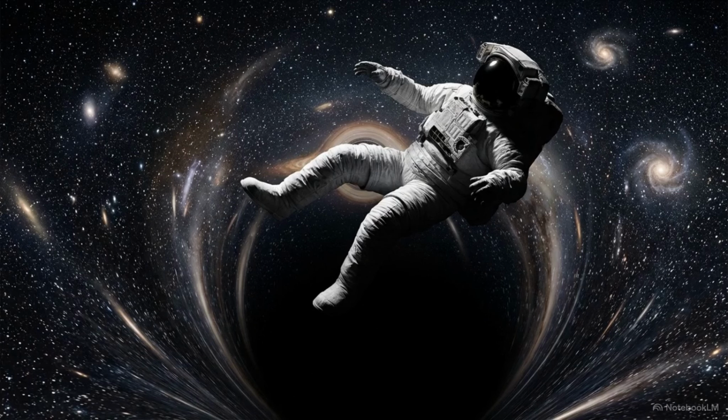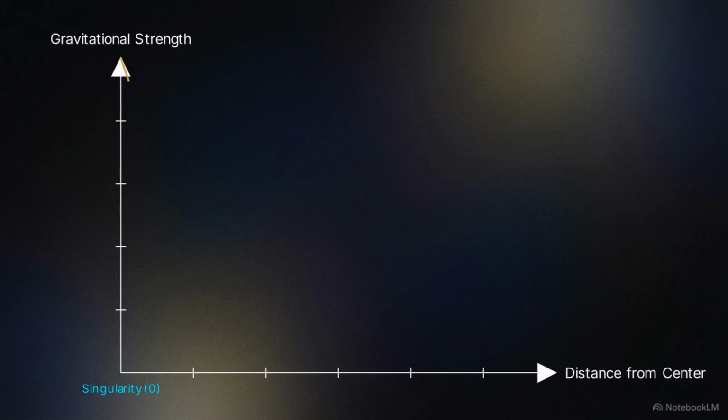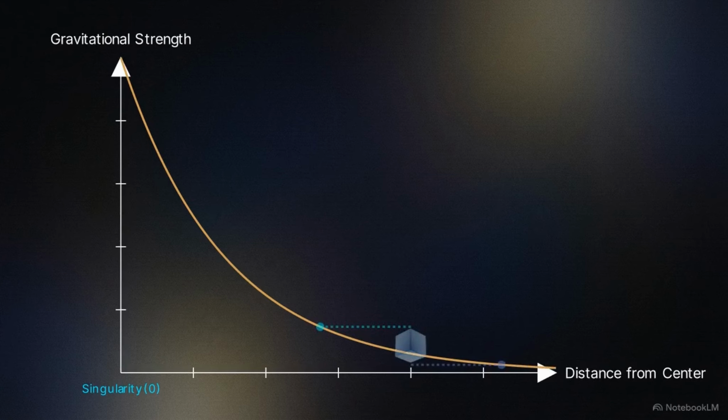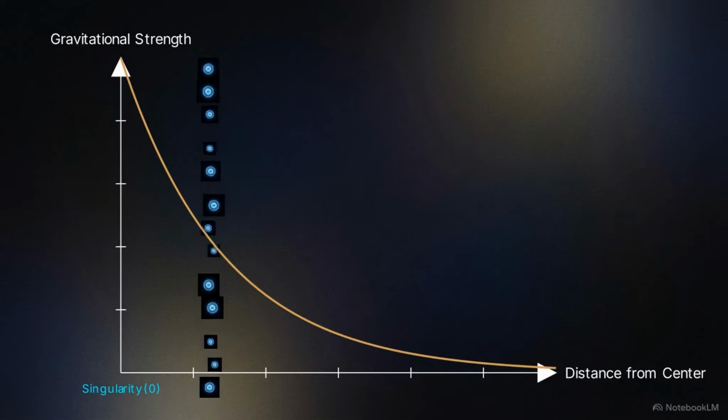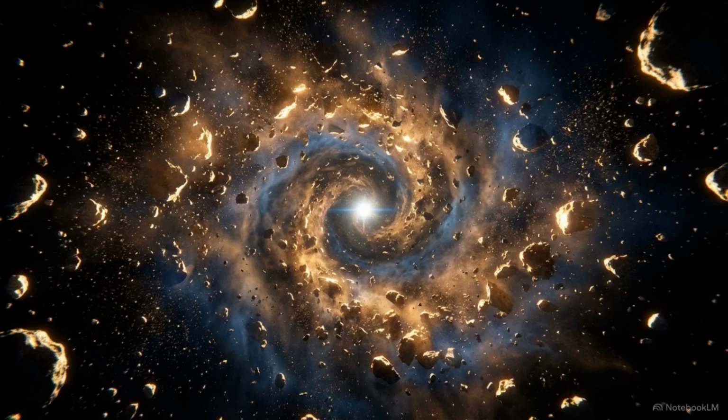As you fall deeper, the sheer force of gravity begins to act unevenly on your body. This diagram shows a geometric shape experiencing a gravitational gradient, which is the rate at which gravitational strength changes over a specific distance. Because the gravity pulling at the bottom of the shape is significantly stronger than at the top, it gets pulled faster, stretching it vertically in a process called spaghettification. Eventually, the extreme tension overcomes the structural integrity of the object, tearing it apart into a single thin ribbon of individual atoms.